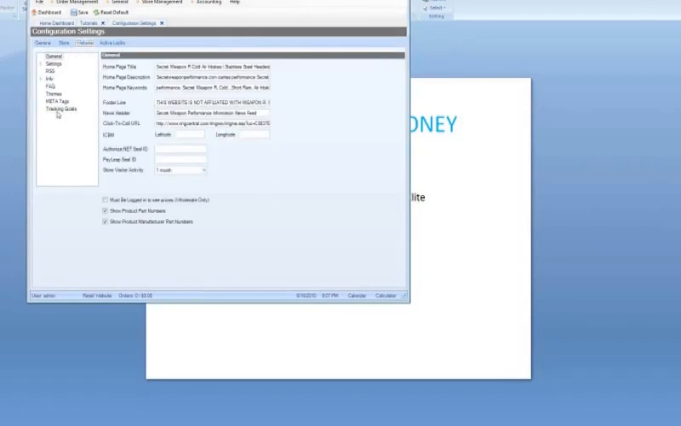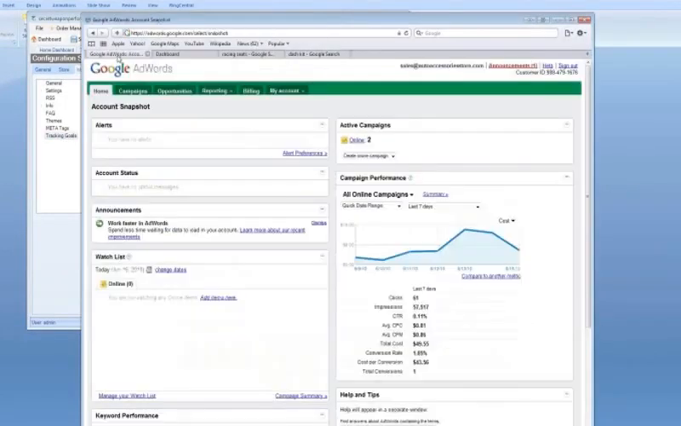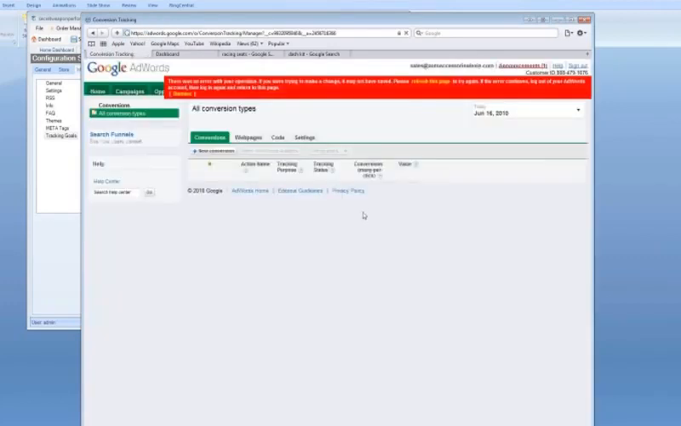There is a new menu called Tracking Goals. What we do in Tracking Goals is, when you create your Google AdWords account the very first time, it will look something like this, what you see on my screen here. This is what the first screen would look like with your AdWords, and if you click on Reporting and then click on Conversions,